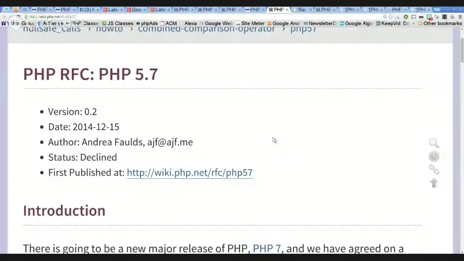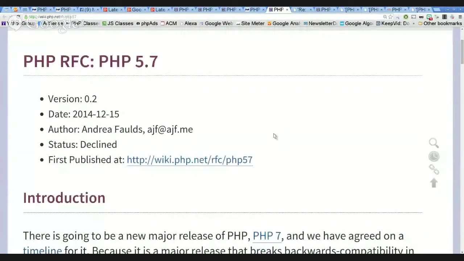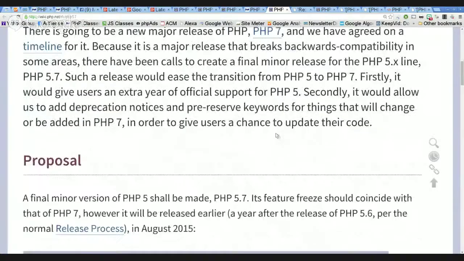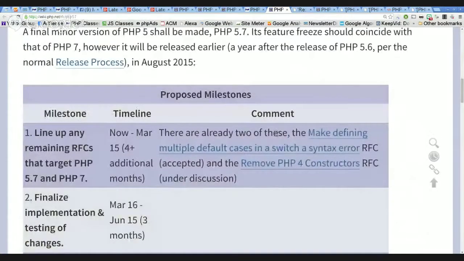So that's basically it. So given this, we are going to move on to the next topic, which is something that has been having a great discussion in December, but already in January the discussion continues, which is related with the proposal to have a PHP 5.7 release before PHP 7. There was a proposal for this before, but now a final proposal for this new release was issued in December. There was a great discussion, and there was already a vote